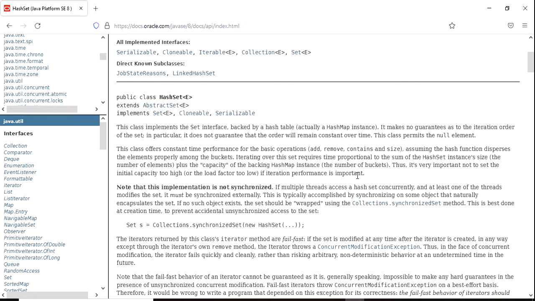HashSet extends AbstractSet and implements the Set interface. It creates a collection that uses a hash table to store the elements, and the hash table stores the information using a mechanism called hashing.